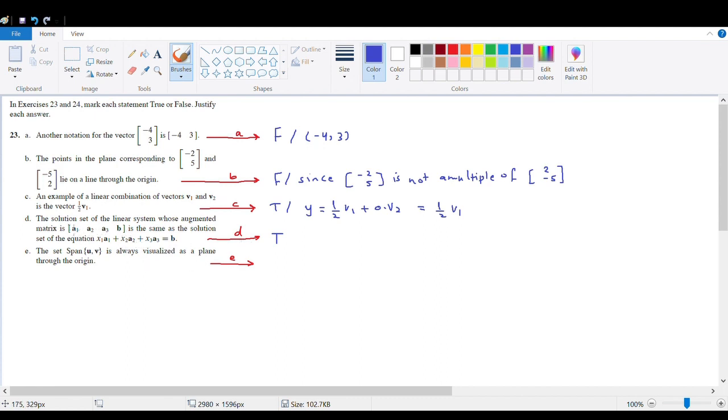E. The set span UV is always visualized as a plane through the origin. This one is false. إذا كان U وال V multiple of each other راح يصير عندي إيش؟ a line. أما إذا كان U و V are not a multiple of each other راح يصير عندي اللي هي plane. إذا ممكن هنا نكتب false وهنا span UV is not a plane